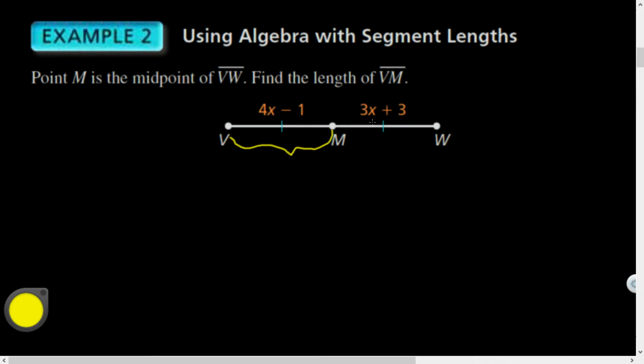And it looks like there are some values of x in here. That's okay. So the length of VM will likely be written in terms of x. Okay? So let's see. If M is the midpoint and these two segments are congruent, therefore, I'm going to say that VM is equal to